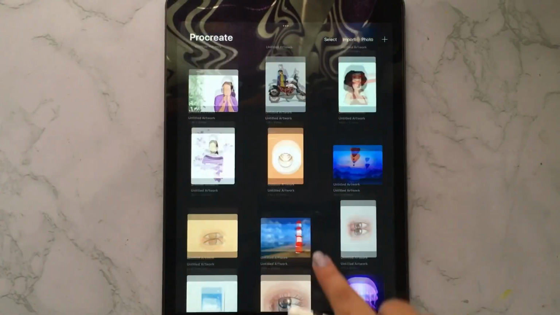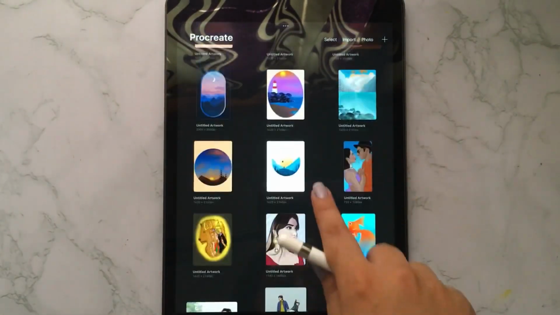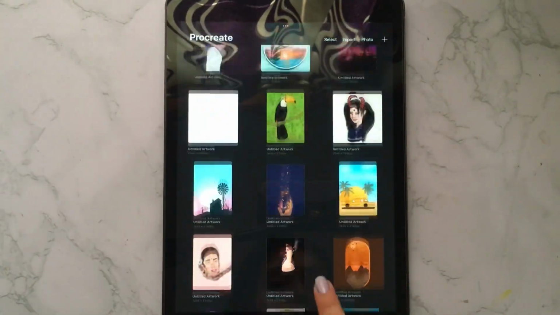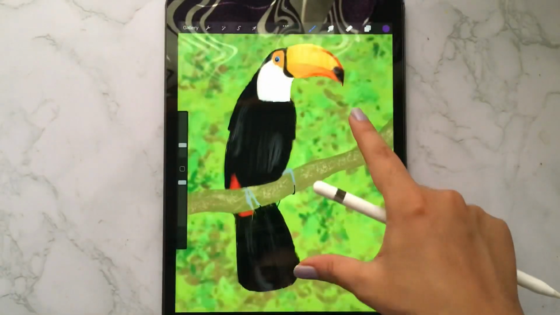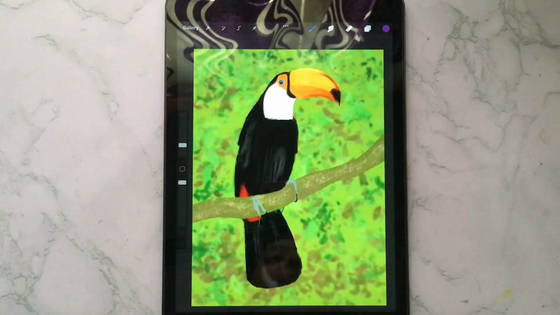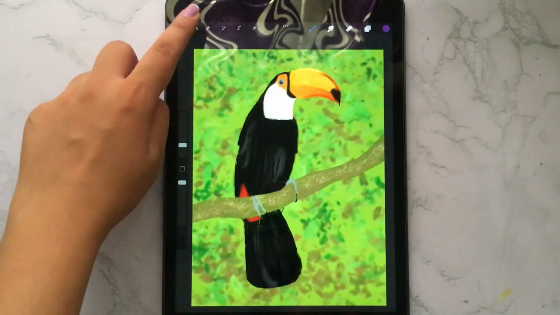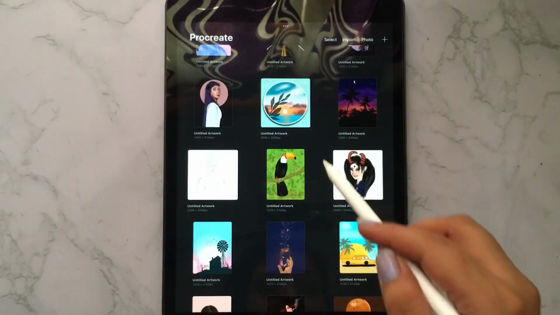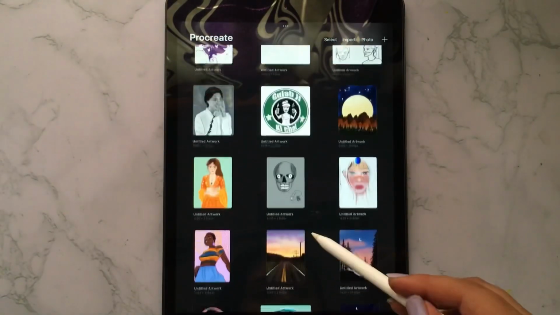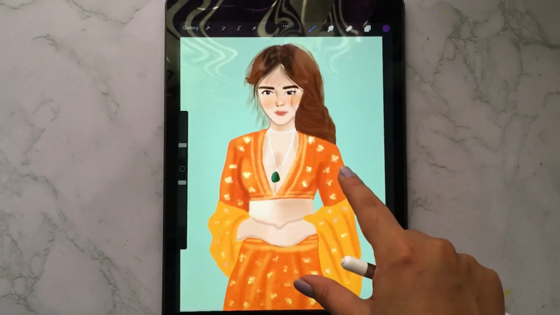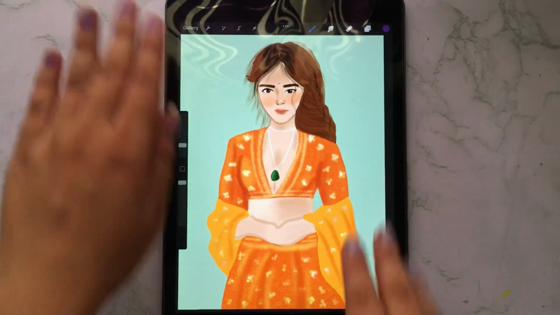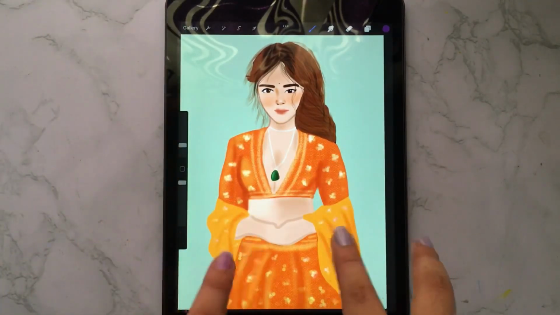And you can also make some landscapes and portraits. See, I have made this bird landscape. It was so easy for me. And this portrait which I recently made, but this is unfinished, so I didn't post this.